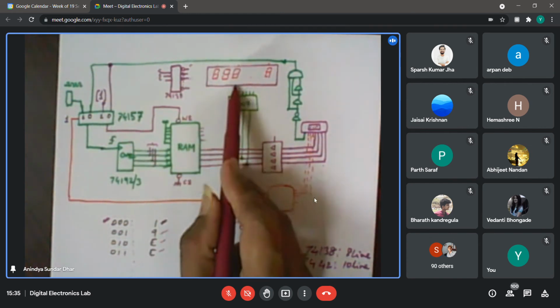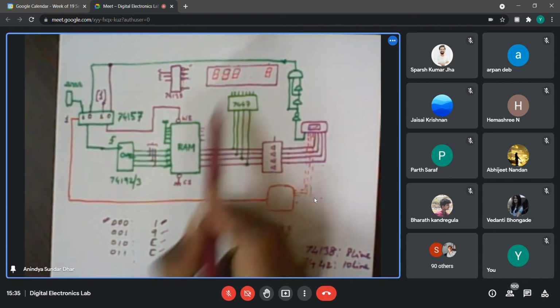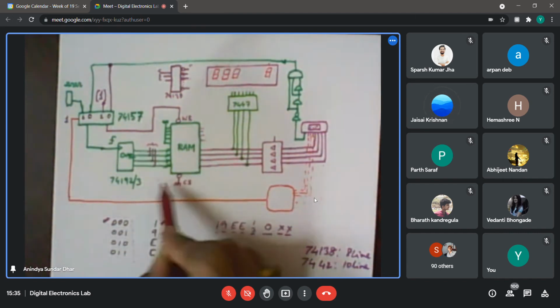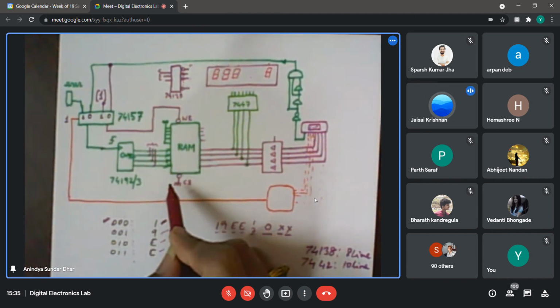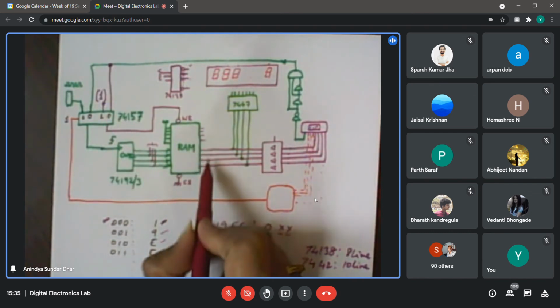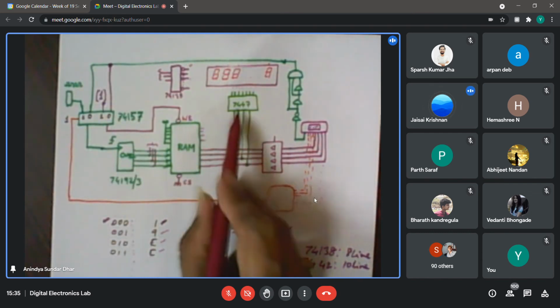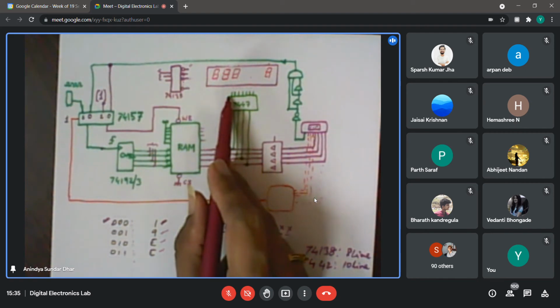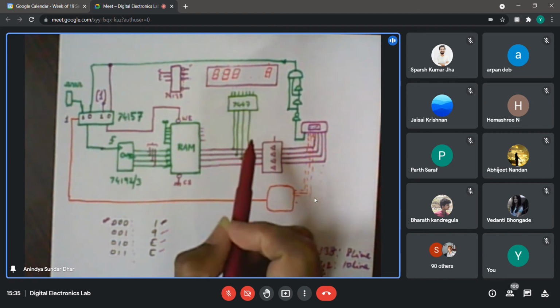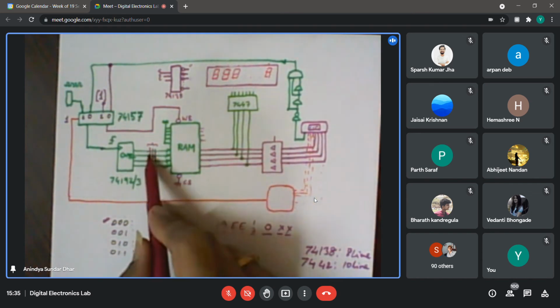But the corresponding data, when will it arrive here, after how much time from counter settling? After 1 tick the RAM output will settle, and then 7447 will take another period. So it's a total of 2 ticks after the counter settles.